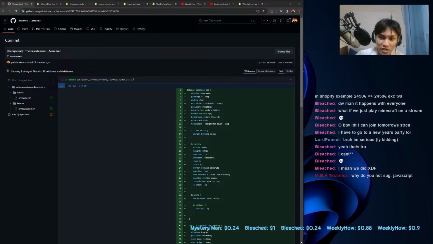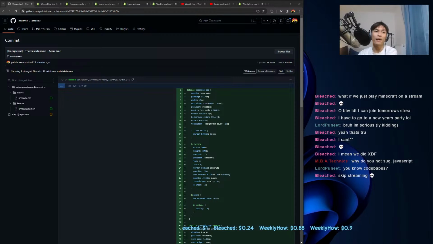Why do you not suggest JavaScript? One of the reasons why, as much as possible, I try to avoid using JavaScript on those kinds of features. Because yes, of course, sometimes you can use JavaScript, it's fine, it's no big deal. I think for the most part, the reason why I try as much as possible not to use JavaScript, and that is because